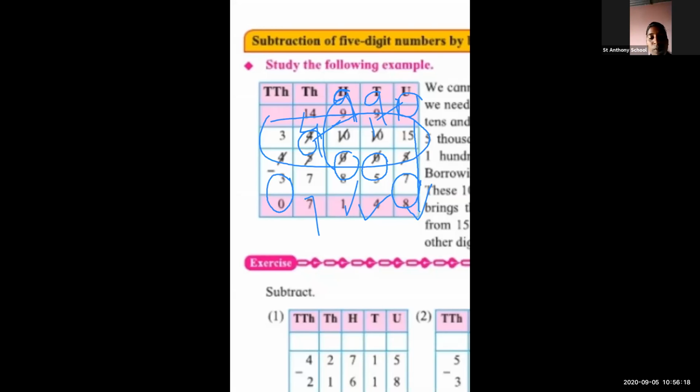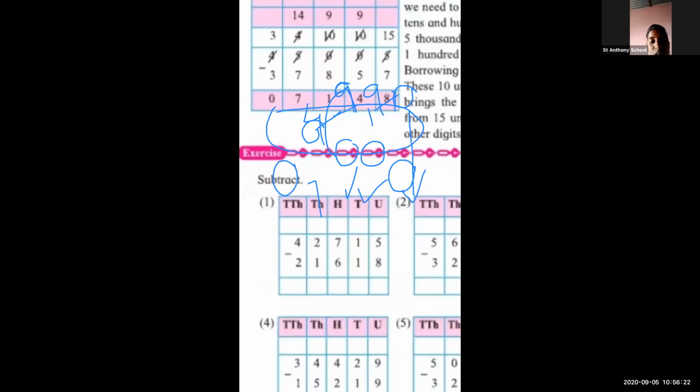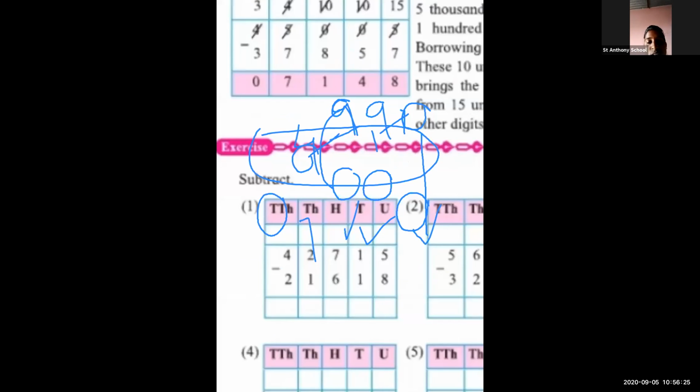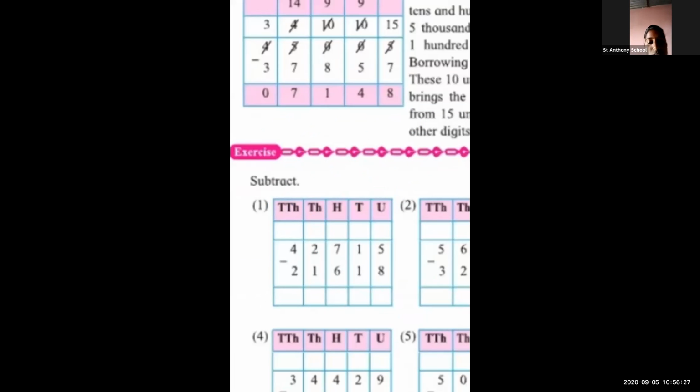Now I'm going to explain one subtraction sum, not a solved sum, so that it is clear properly. Wait a second, I'm going to explain with the red color. Ready everyone? See, this sum I'm going to explain. Everyone look properly, concentrate properly. Okay, students? Ready everyone? Good. Now see, 5. 5 is a smaller number. 8 is a bigger number, right?